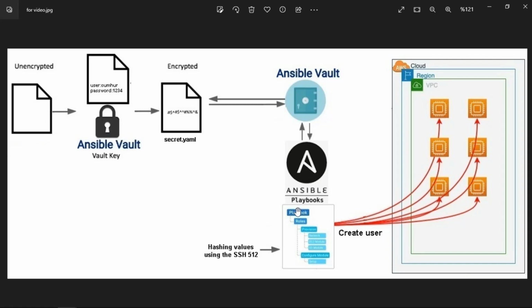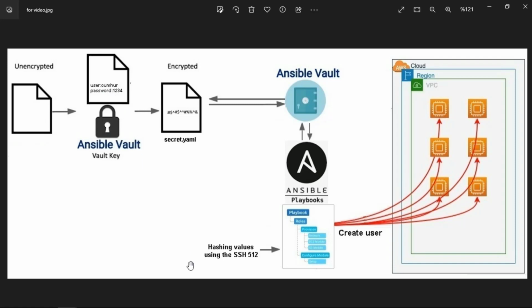It asks us for our vault password here. We will enter the secret YAML file's password, but the playbook automatically gets the users' names and passwords from the secret YAML file,